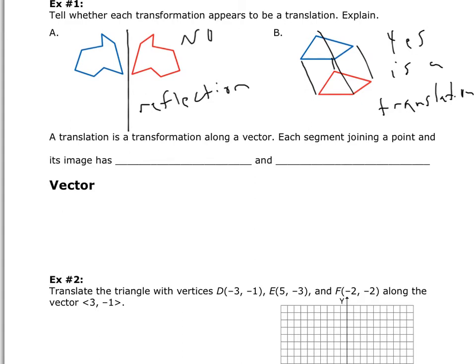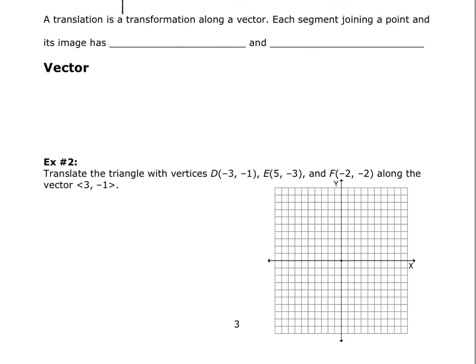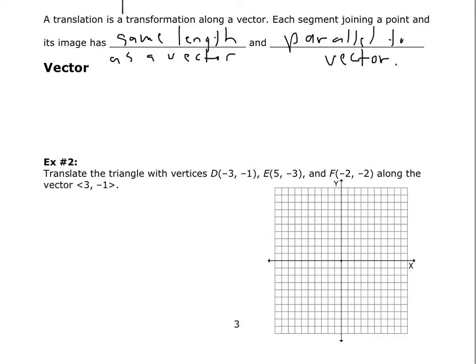All right, so your next definition you need to know is: a translation is a transformation along a vector. Each segment joining a point and its image has the same length as the vector and is parallel to the vector. Okay, so a translation is a transformation along a vector. Each segment joining a point and its image has the same length as the vector, and it should be parallel to